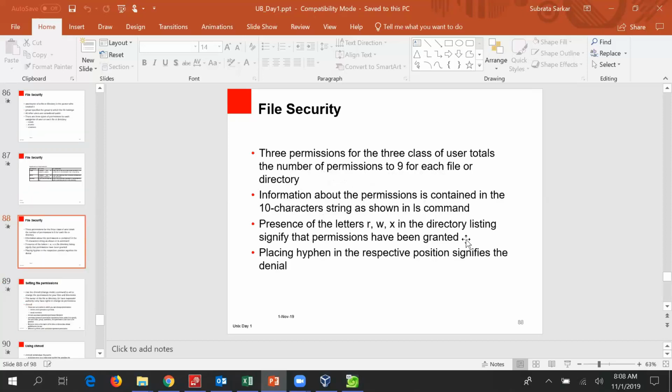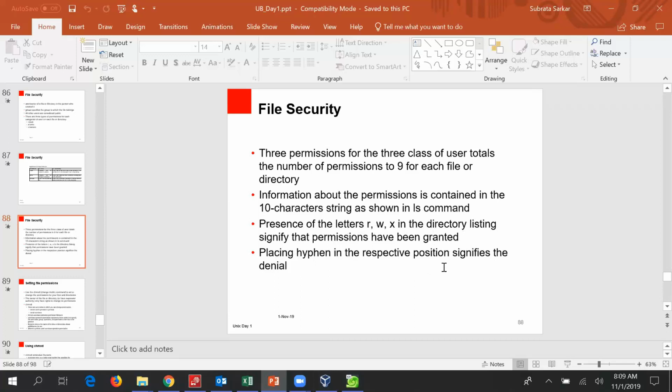3 permissions for 3 classes of users, total number of permissions 9 for each file. Information and permission is a 10 character string as shown in the ls command. Presence of the letters read, write, execute signifies that the permission has been granted.